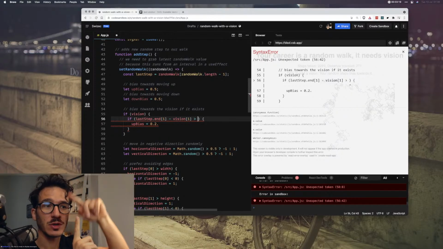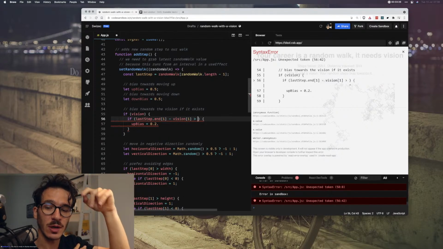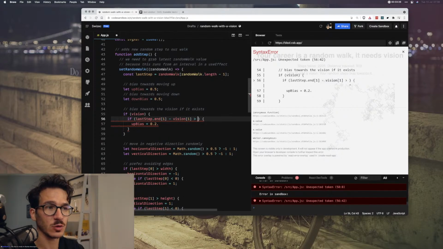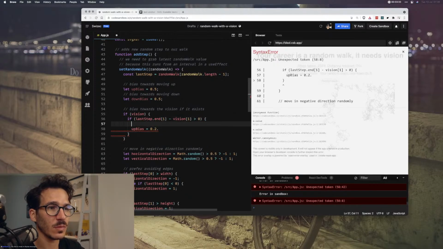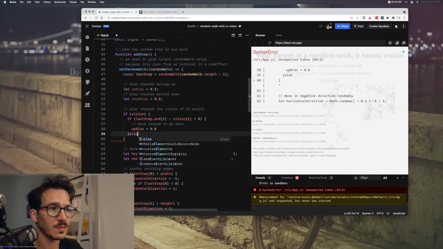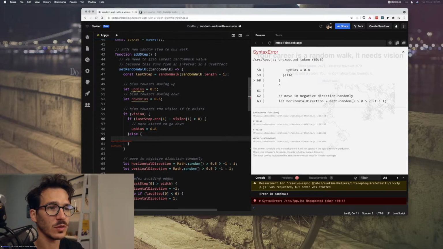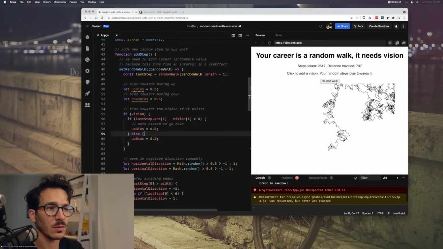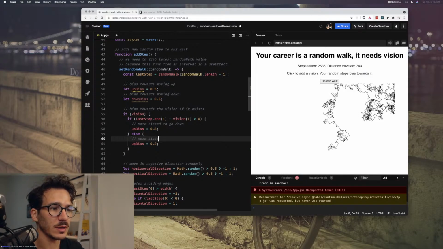If it's positive, you want to be biased towards going up. If it's negative, you want to be biased towards going down. More biased to go down, so it's going to be 0.8, else up bias is going to be 0.2. More biased to go up.